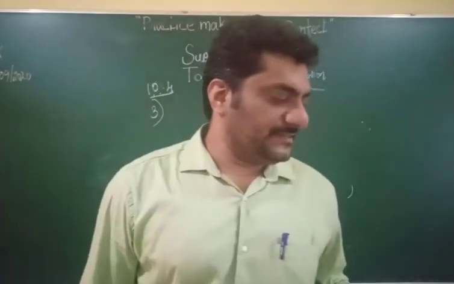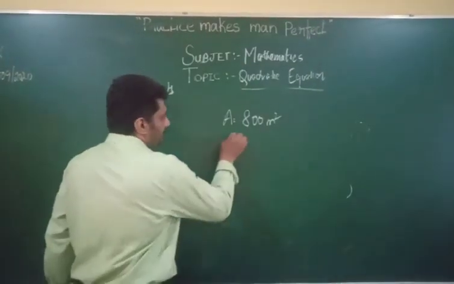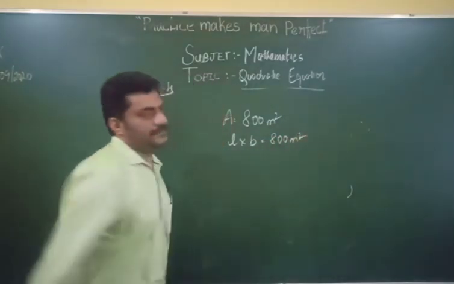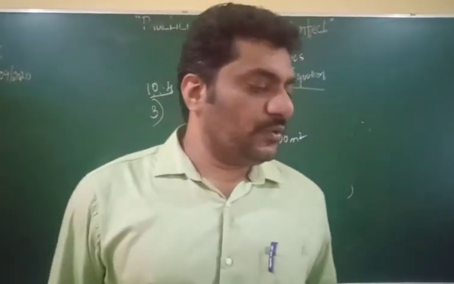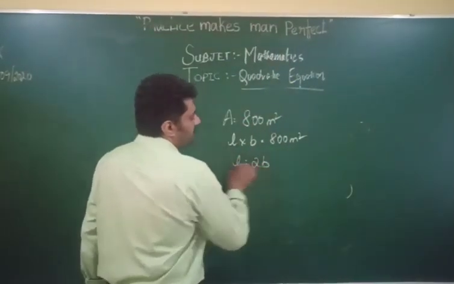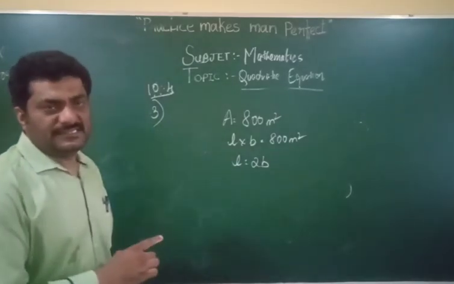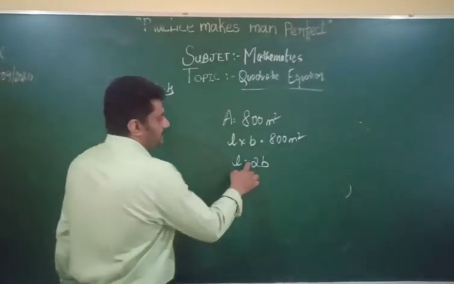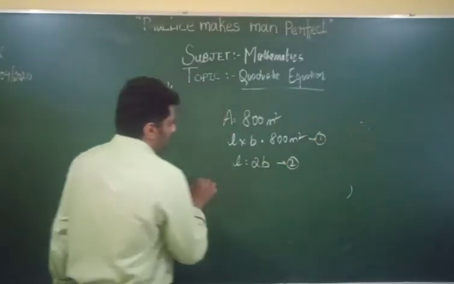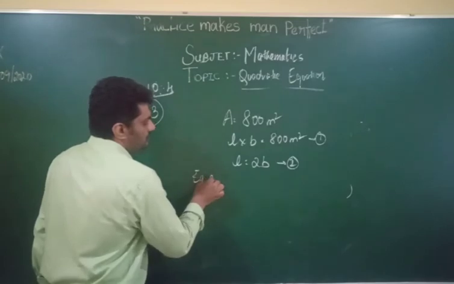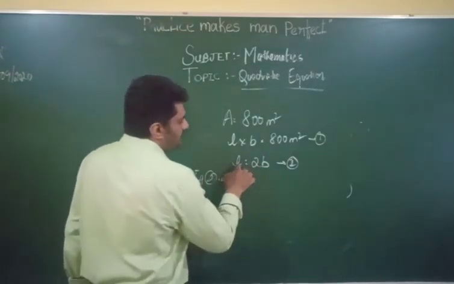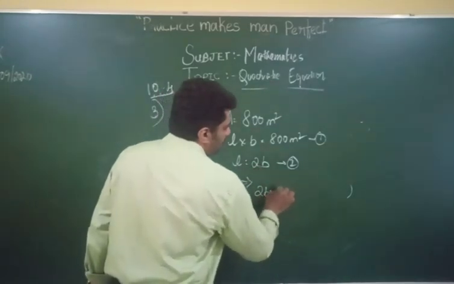Area is 800 meters square. If I take length into breadth, it is 800 meters square. Now they have also given that length is 2 times breadth. Now this is equation 2. This is equation 1. Equation 2 in 1 we get, in place of L, 2b into b is equal